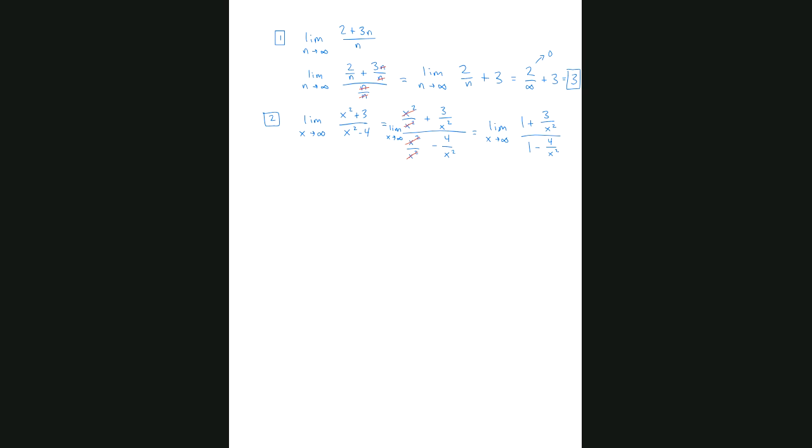So let's write that. 1 plus 3 over infinity squared, over 1 minus 4 over infinity squared. These parts go to 0. And that leaves us with just 1 over 1, which gives us a final answer of 1. 1 is the answer to that limit. And we'll do one more here. Let's do the limit